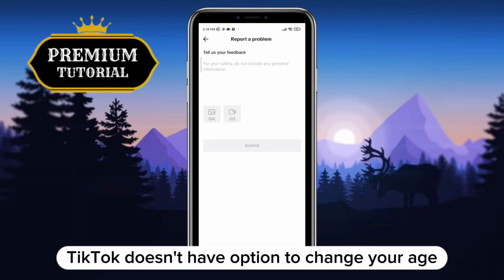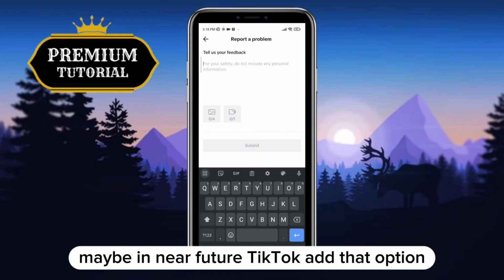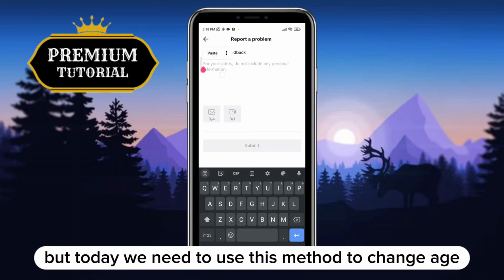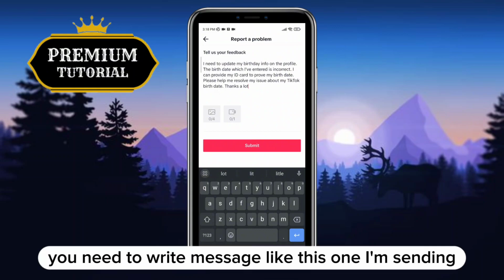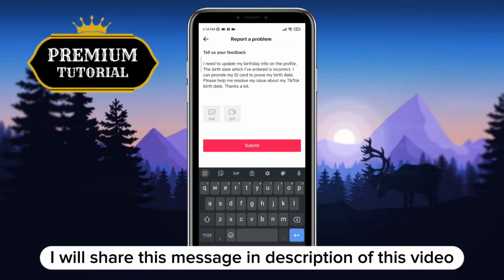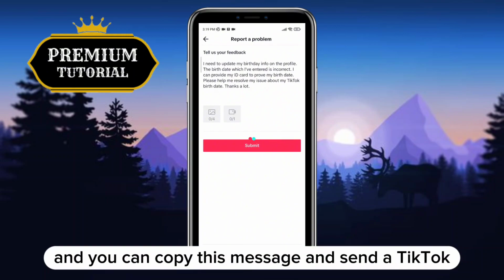TikTok doesn't have an option to change your age in a basic way, maybe in the near future TikTok will add that option, but today we need to use this method to change your age, so we need to send TikTok feedback to change your age. You need to write a message like this one I'm sending. I will share this message in the description of this video, and you can copy this message and send it to TikTok,